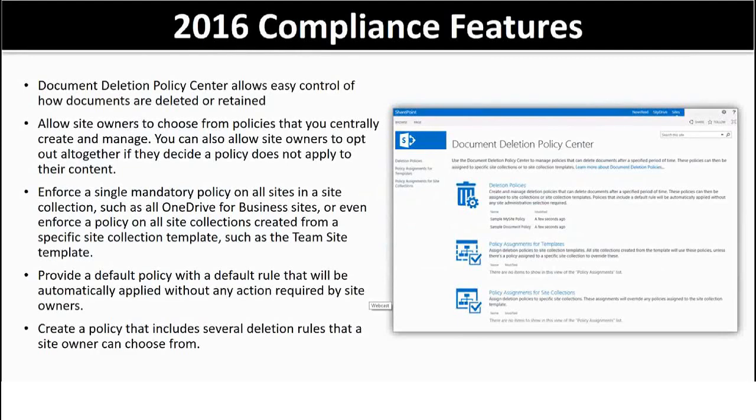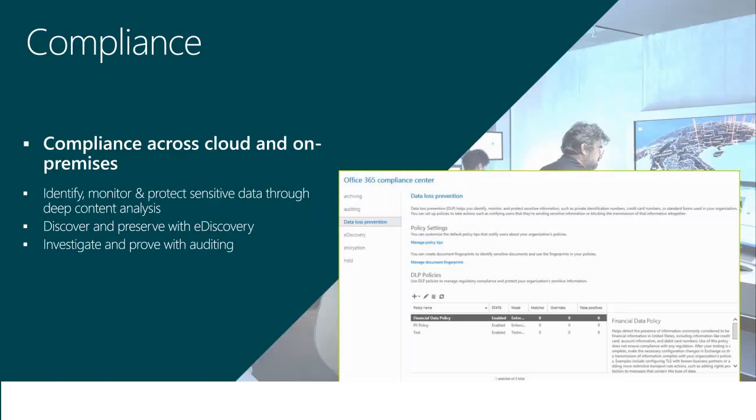For one is deletion policies. So you can really get very governed over who gets to delete things, control its retention from the system above and beyond records management, sort of down and dirty deletion. It hits this recycle bin, that recycle bin, and the rules around it with metadata values, et cetera, and so forth. The ability to enforce policies on templates and entire site collections. So again, much greater granular control to maintain compliance across the organization and to audit who has done what within